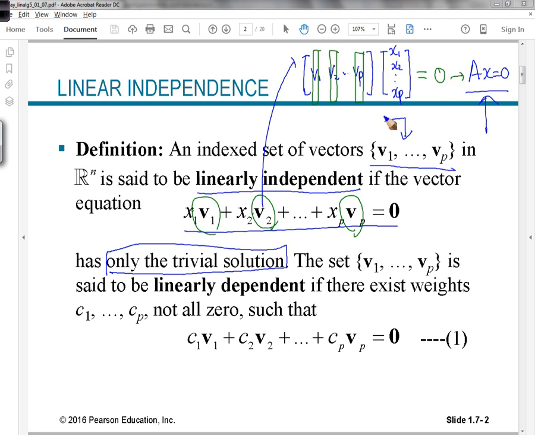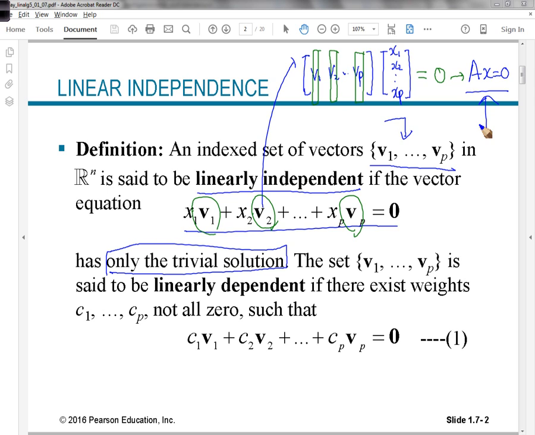But this can sometimes have more solutions. It's not always the case, but it can have more solutions, meaning infinitely many solutions. There are only two possible cases. So what was that case? When we have which variables? Free variables. If we have a free variable, then the solution is not just the trivial solution, which is all zeros.